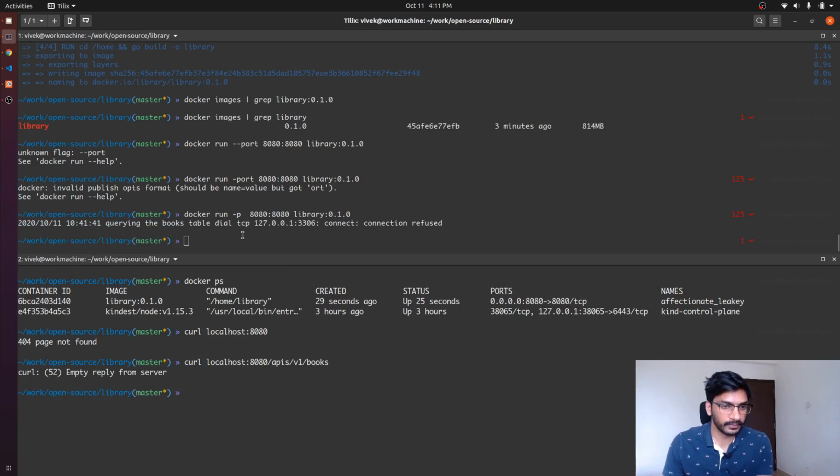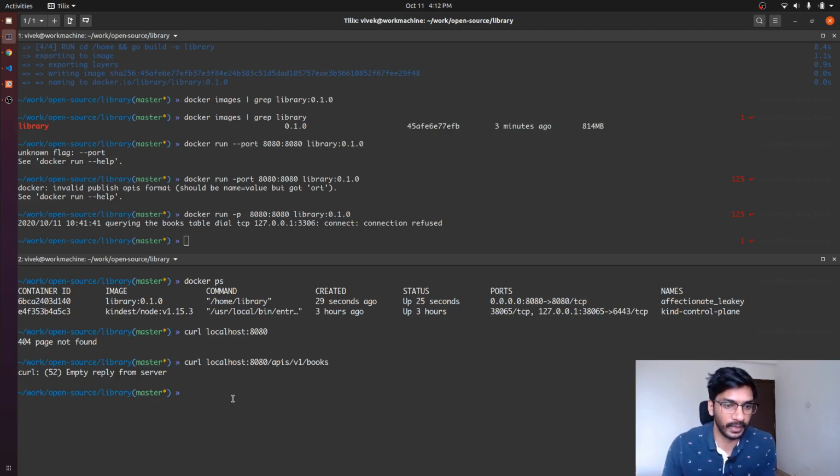And here we can see connection refused because our backend application actually tried to talk to the database on localhost:3306, and we don't have any application running on this particular host, right? Because this application is running in a container, but our MySQL instance is running on this particular host, and that was the reason our application was not able to connect or communicate to the MySQL instance.